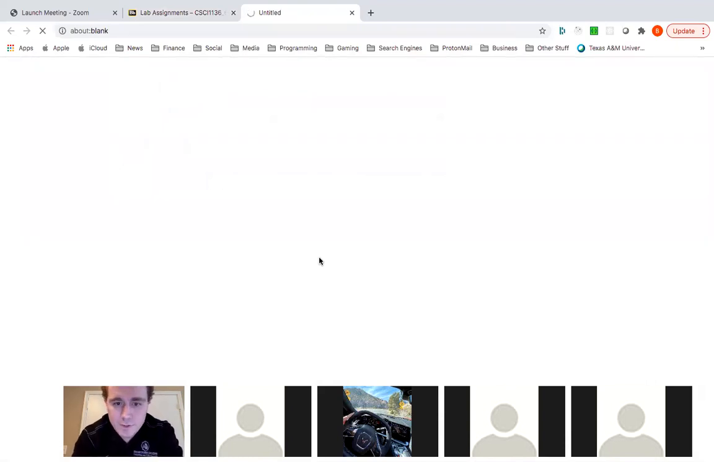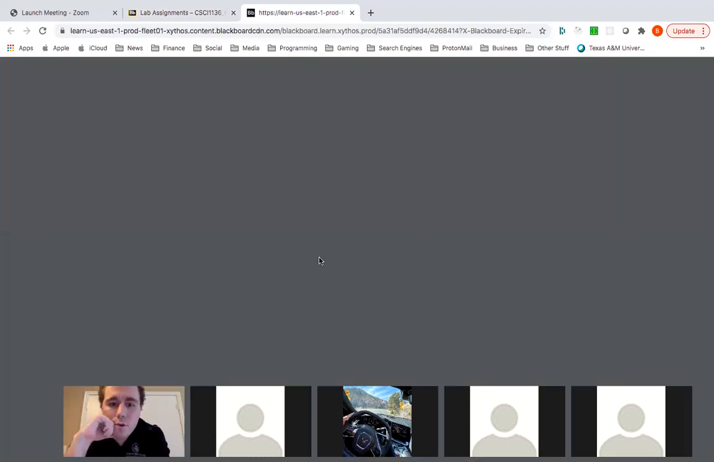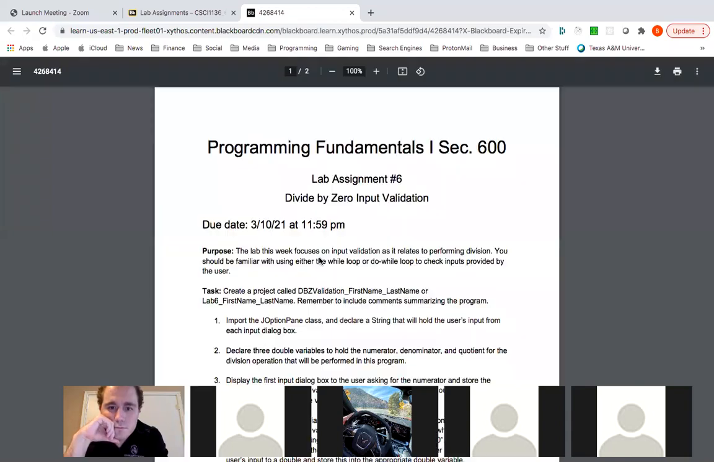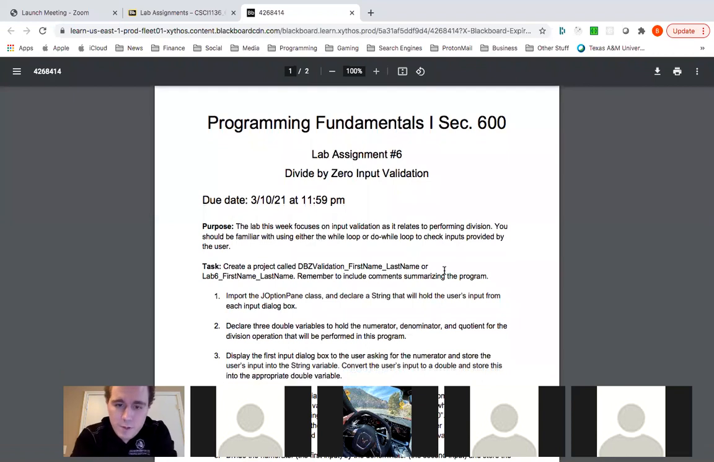Taking a look at the directions for this week. For this one, we're going to be dealing with a little bit of input validation. It's going to be related mostly to using either a while loop or a do while loop, since these are the ideal loops for input validation. Specifically with this lab, we're going to be looking at one that performs a simple math operation,